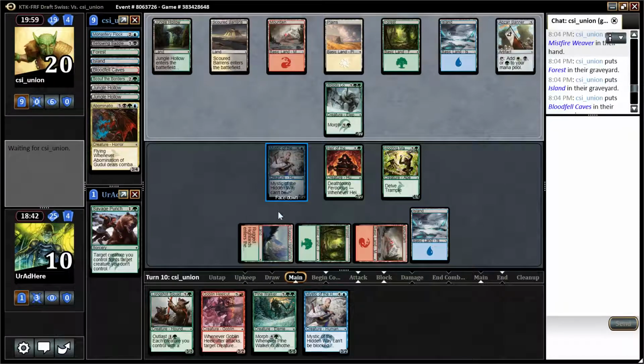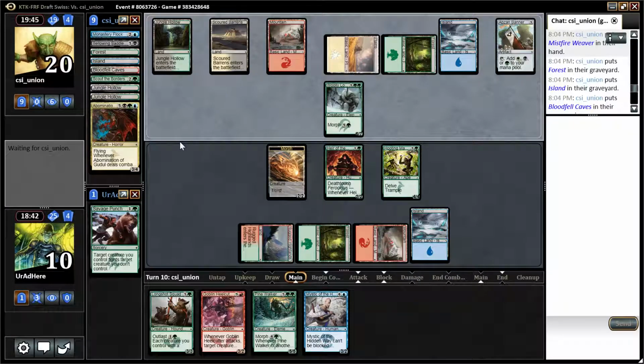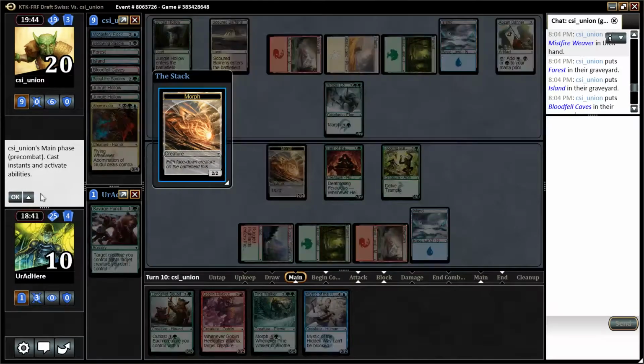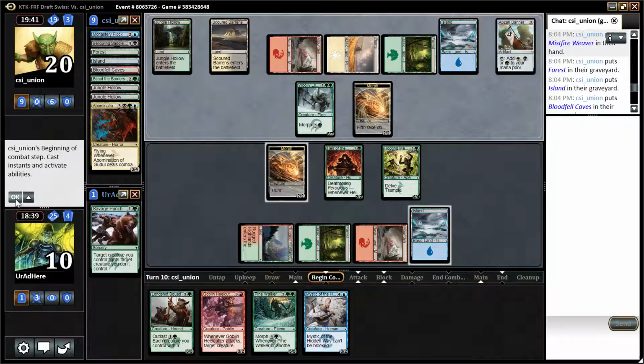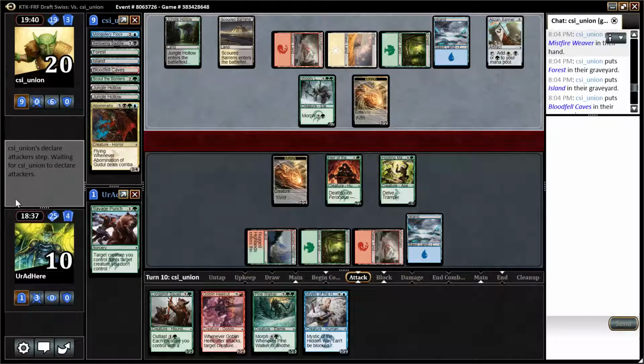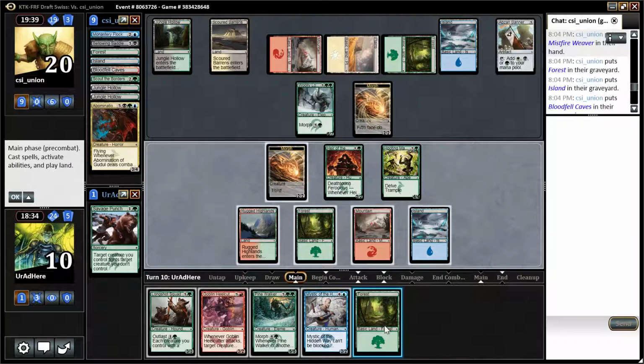Because, so what happens if we flip this and swing? We take 3 in the air, and he's at 17. Then... What's Mistfire to unmorph? The mana? 3 mana. Blue. Yeah, blue, 2 cards. Hey, another in there. Okay, so what happens...